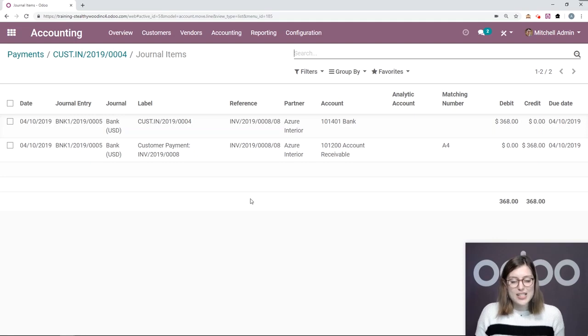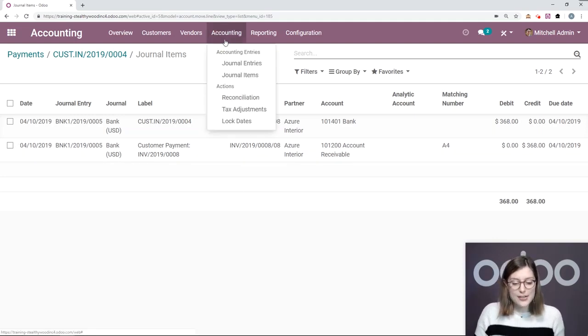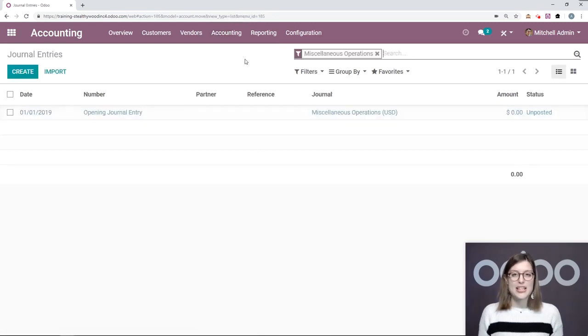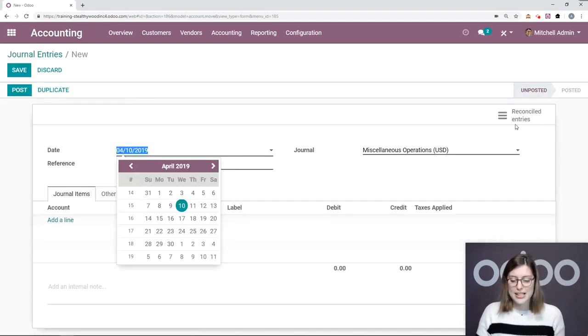Now to see all of our journal entries, we simply have to go to accounting and journal entries here. This is where you can create journal entries manually if you need to. By default, the filter will be miscellaneous operations. And this is defined since all other entries are generated automatically by Odoo. So when we create a new one, we're going to see that miscellaneous operations right here. And that's all for the